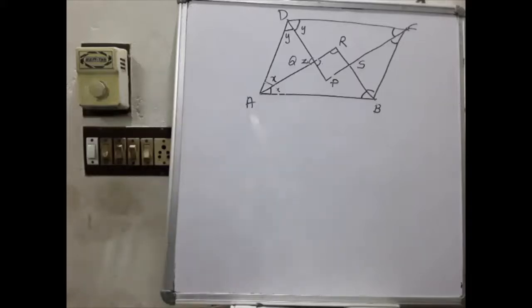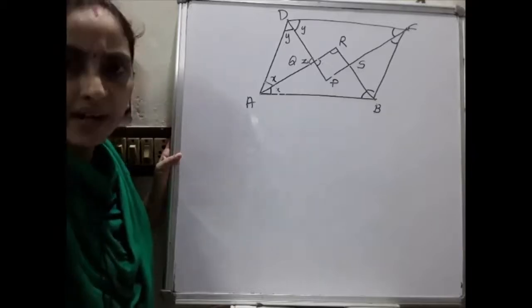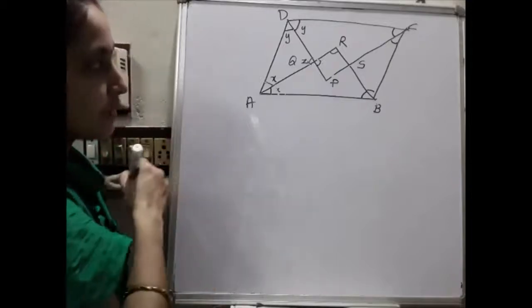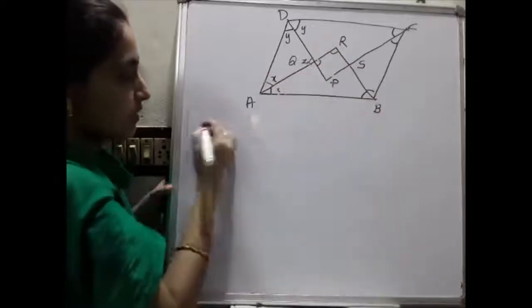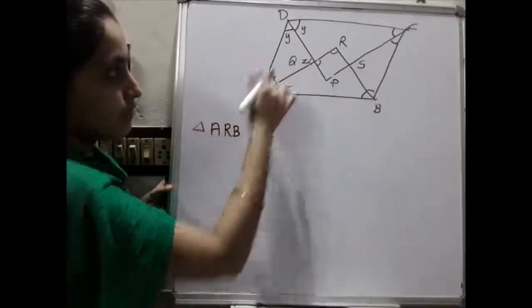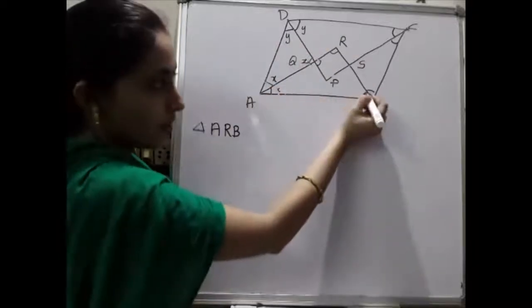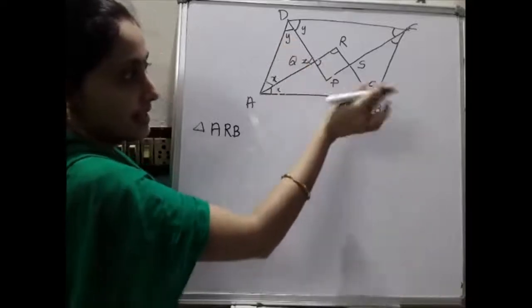So one angle is 90 degrees we got. Then we want to prove one more angle should be equal to 90 degrees, or you can say all angles should be equal to 90. No problem at all. So now we are considering angle R. For that purpose we are going to consider the triangle ARB, this big triangle. This is x, this is x. From here also we have already marked x, y, z. I am writing A, this is A and this is A.